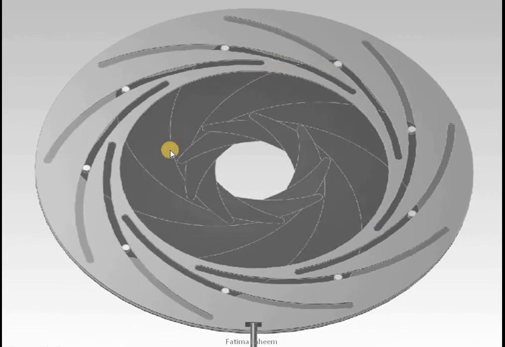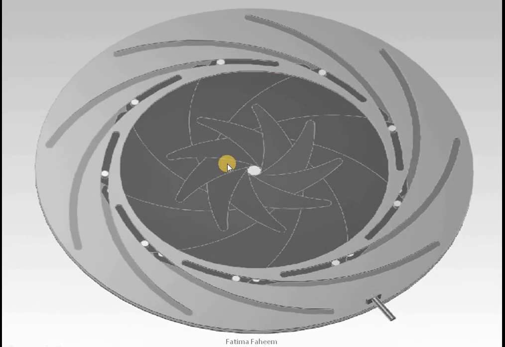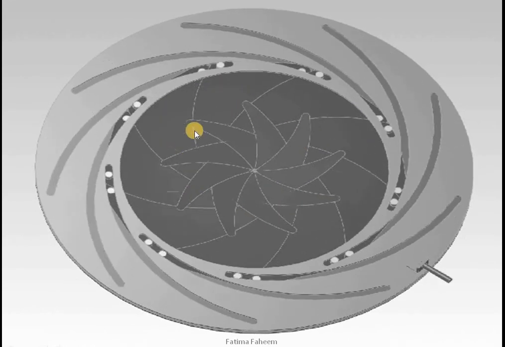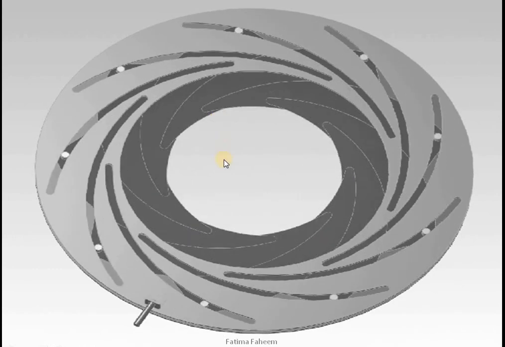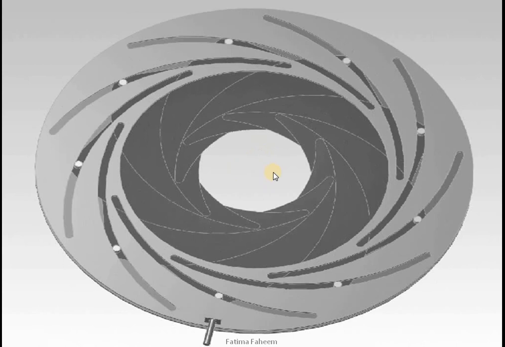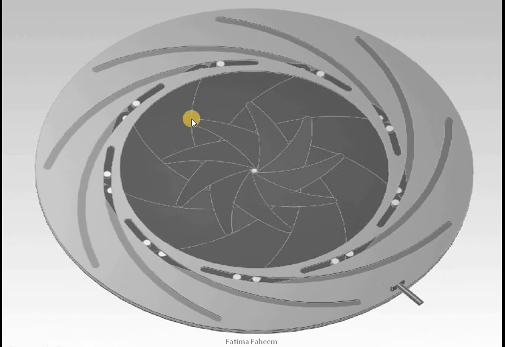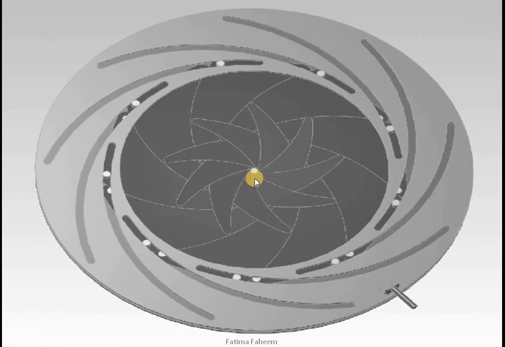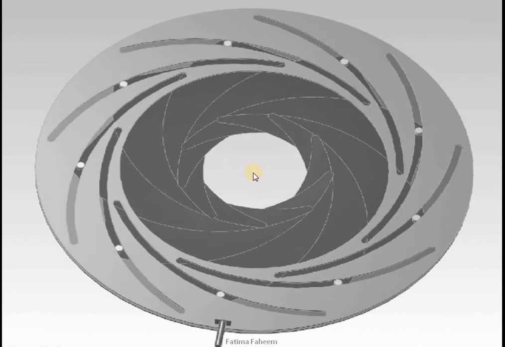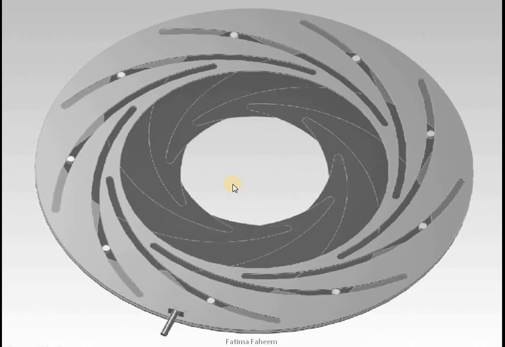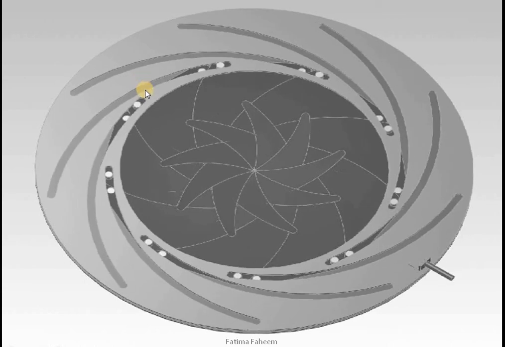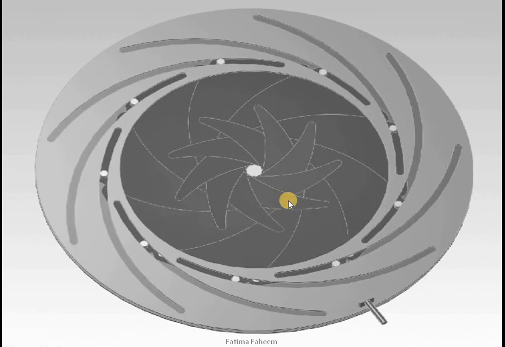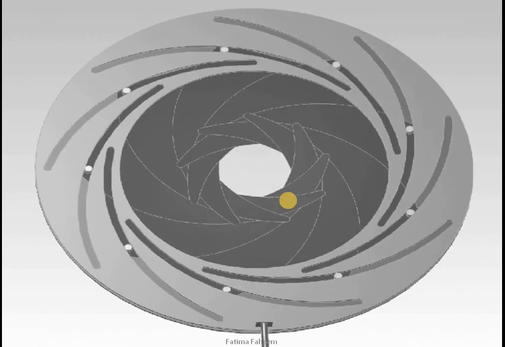To understand this, I have placed this animation again. If you see, these are the circular muscles that are shaded with dark gray color. Whenever they are contracting, the central hole, which is the pupil, is constricting. So you can memorize this by this diagram also, that whenever the circular muscle contracted, the pupil constricted, and when will it happen? Only when you are in bright light. On the other hand, radial muscles are contracting on the other side when the person is not in the bright light, when the pupil has to be dilated.